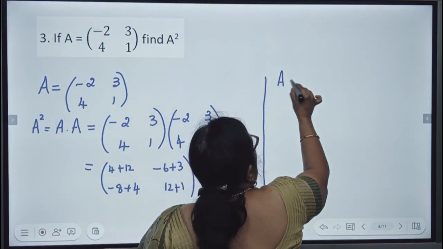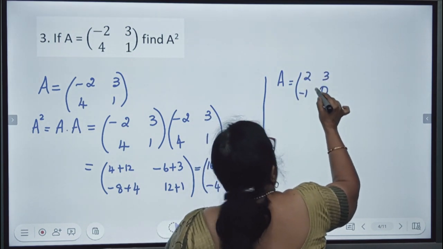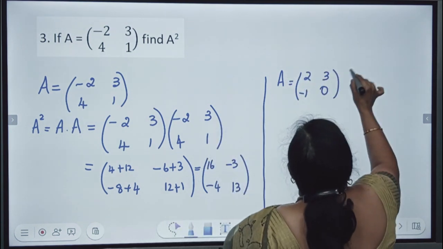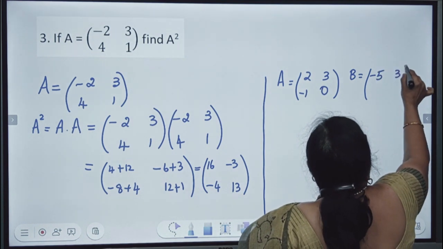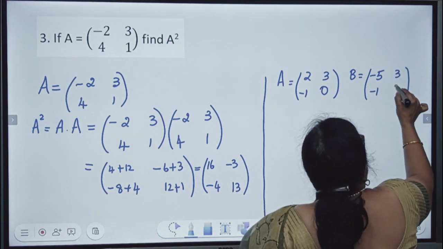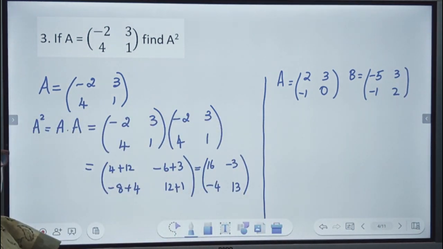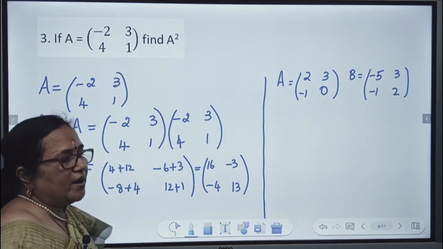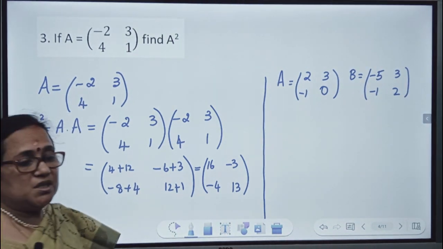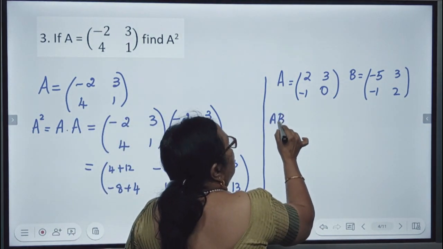So let us take A to be [2, 3; -1, 0], and B to be [-5, 3; -1, 2]. Let us first find AB and then we'll find BA. I just want to play with these two matrices and check whether AB is equal to BA. AB equal to,